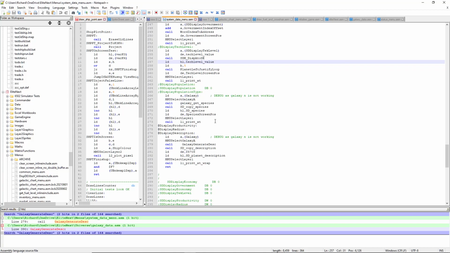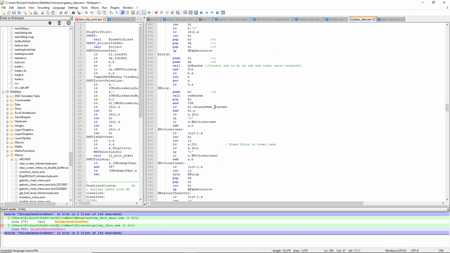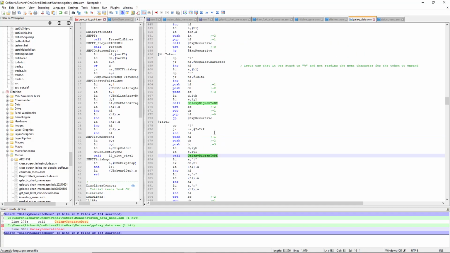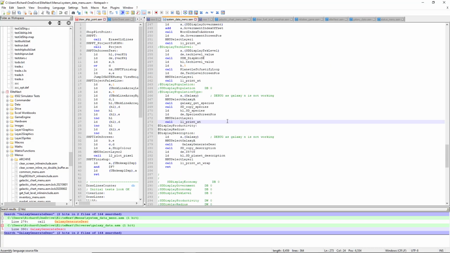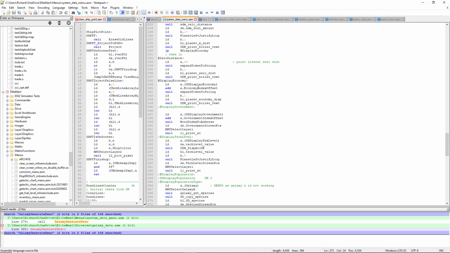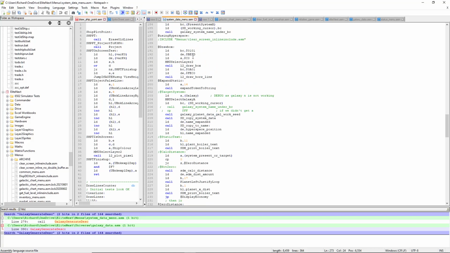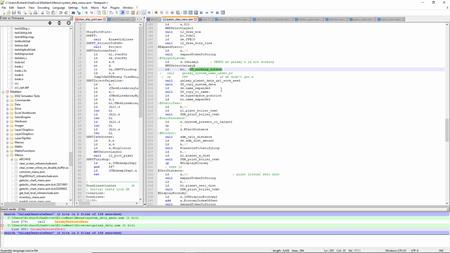So let's go through here then. And actually, some simplification of this is I know that IY is a target to write it out to. So what I actually need to do is work on the basis of the system menu. It will have loaded the location from BC into a working variable in the galaxy map section, which is: go through here, draw the box, get the working cursor,